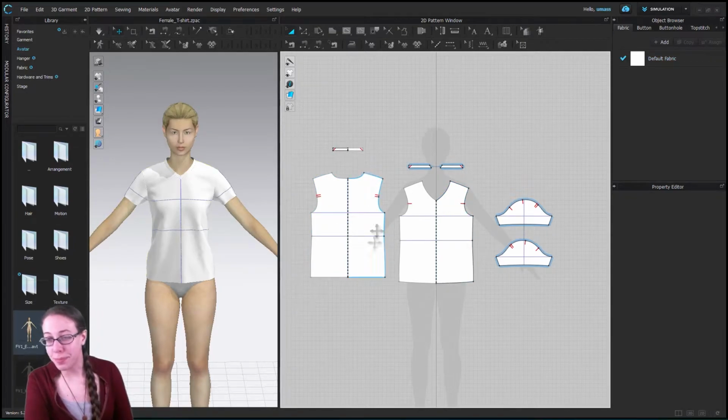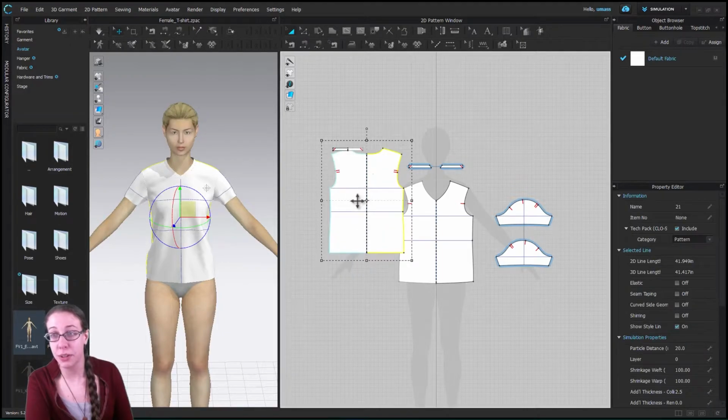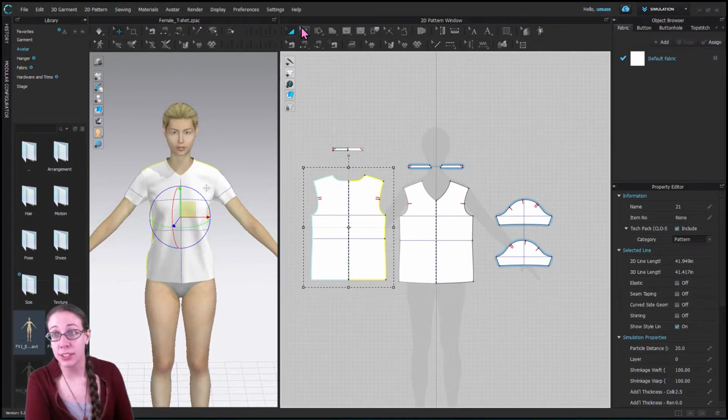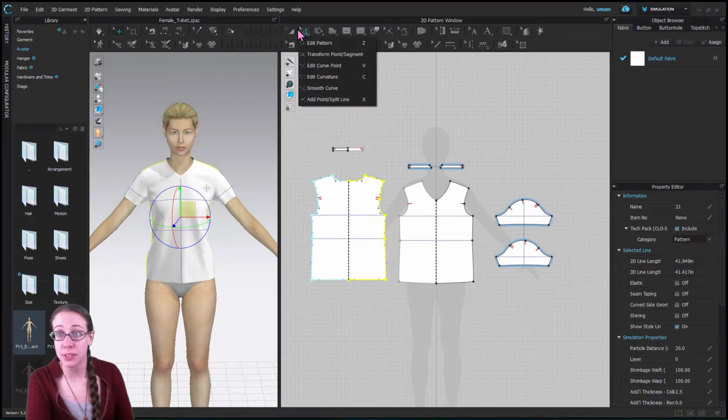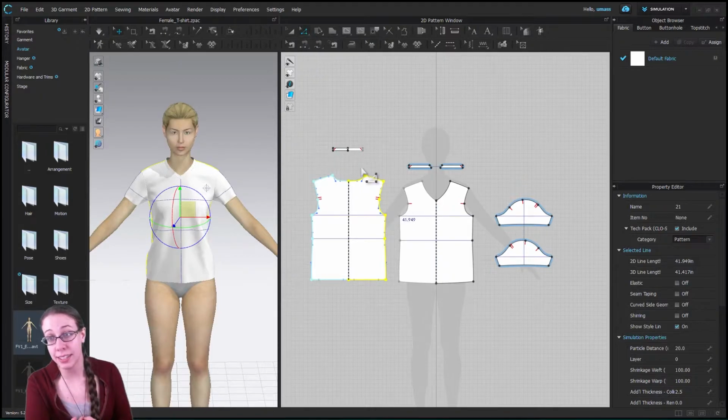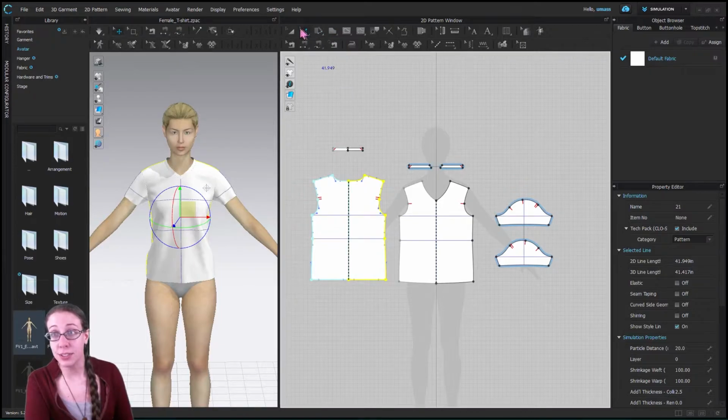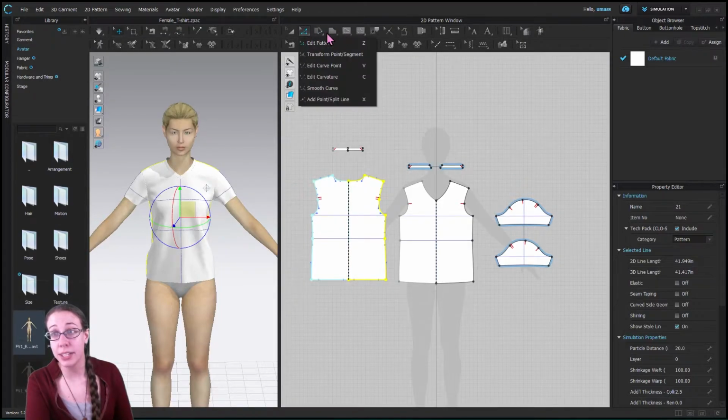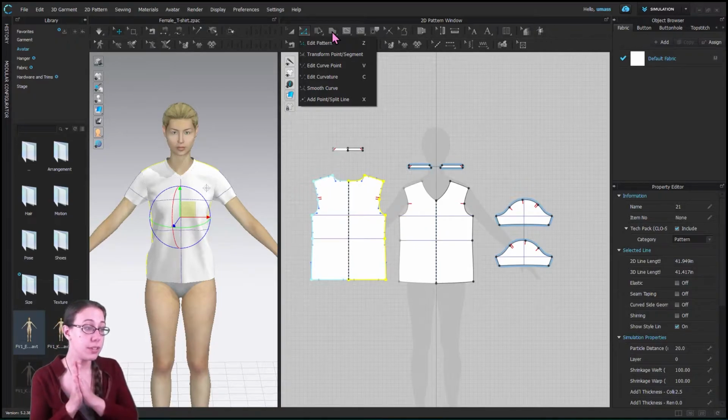But mostly I just use this for moving around the whole pattern piece, compared to any of these tools, which are kind of like the white selection tool in Photoshop, which are for editing the individual anchor points. Before I get to those, though, I want to talk about the two different ways to draw in